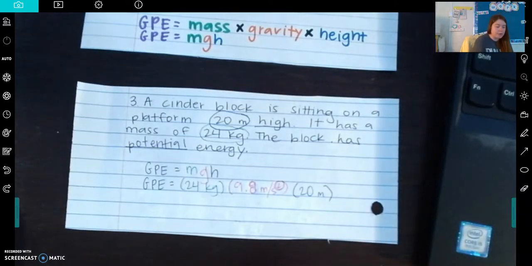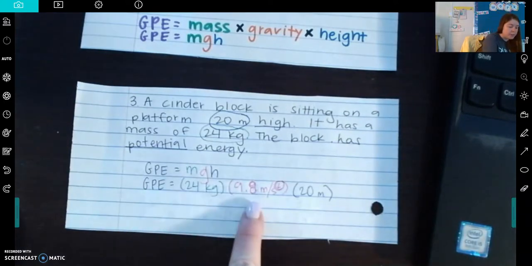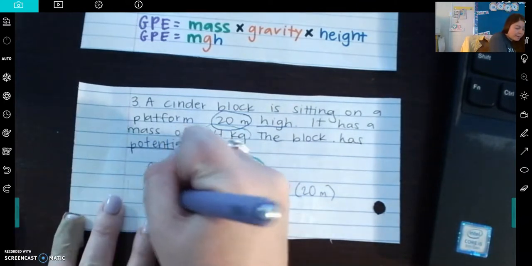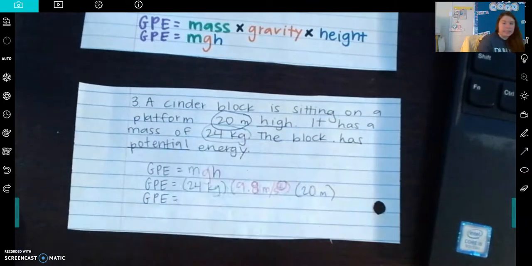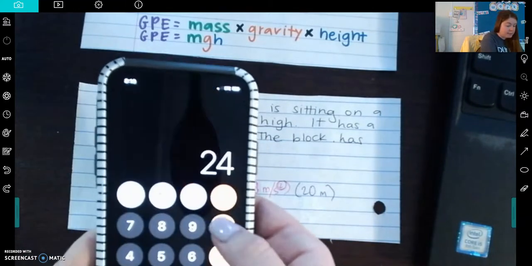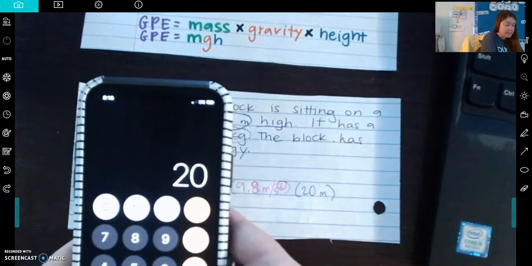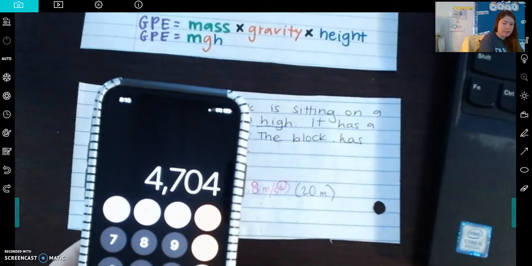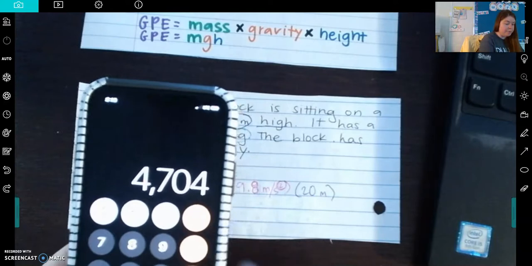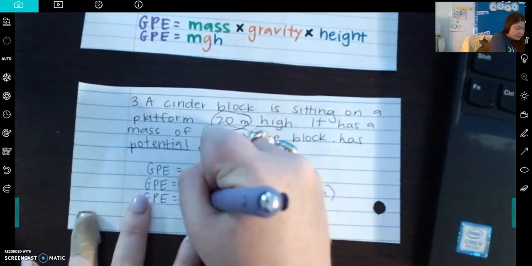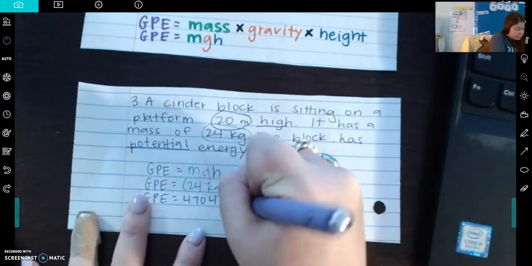All I need to do now is multiply these numbers, 24, 9.8, and 20 together to figure out what my gravitational potential energy in this scenario is. So let's do that. 24 times 9.8 times 20 equals 4,704. So I'm going to write 4,704 joules